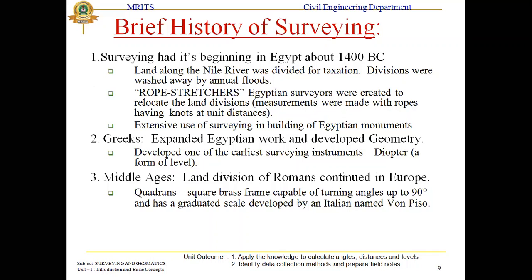Next, coming to the brief historical survey of surveying. Surveying began in about the 14th century BC. Okay, next, in the older days it was different. For example, you take the width of the Nile River, dividing it into sections, everything. Nowadays the areas are calculated automatically, with different instruments, GPS satellites, and everything implemented with latitude and longitude. That much time will not be taken. The extensive surveys for buildings, everything will be easy to do.